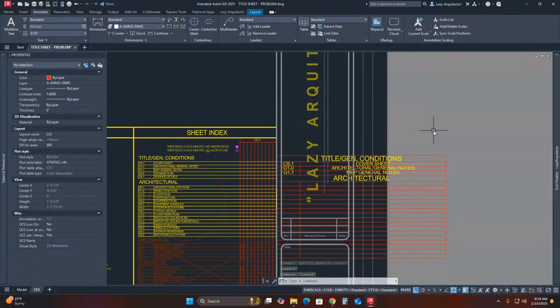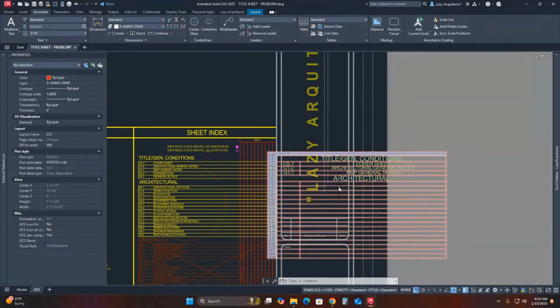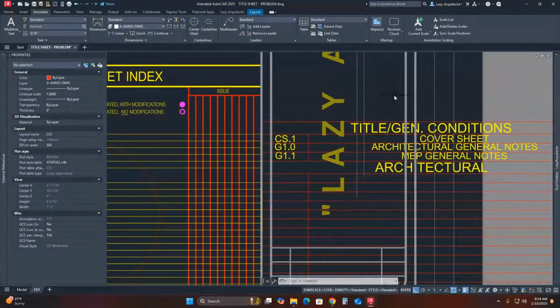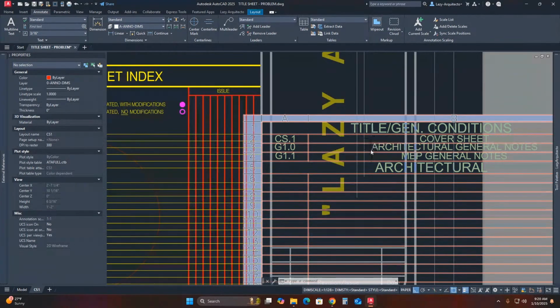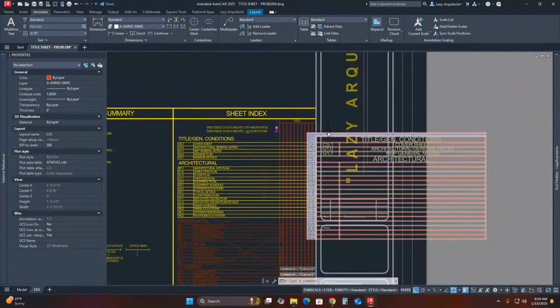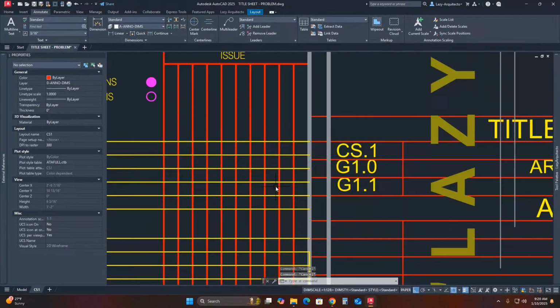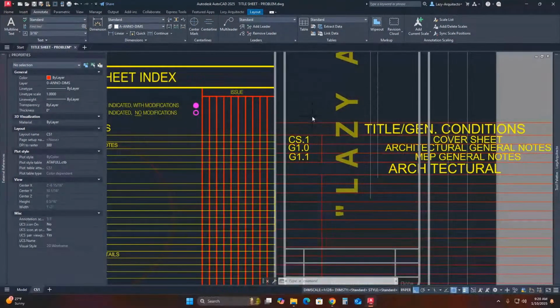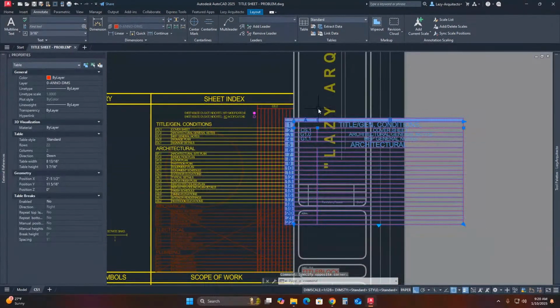Now, again, let's try to fix some of the issues of this table really quick. For instance, the text justification. But first, I wanna match the row height. As you can see, it's different. So what I'm gonna do is I'm gonna select